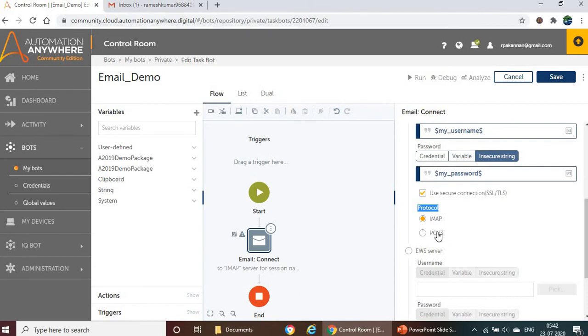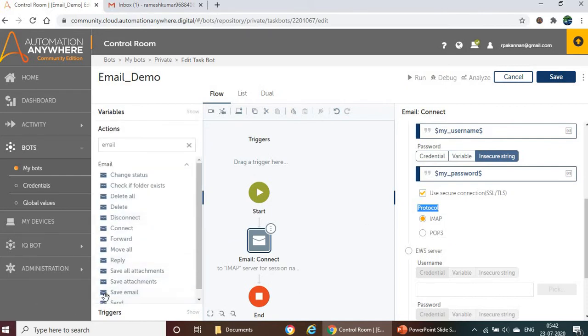This is common for reading the emails as well as fetching the emails. POP is quite different. It reads the emails, and it can download all of your emails to the local drive and delete them from the server. So it's quite a difficult concept. You need to learn about POP completely, then you can use it. Here also we are going to use POP for deleting all emails as well as some other actions. In the next video we will see how we can use POP as well as the other actions.